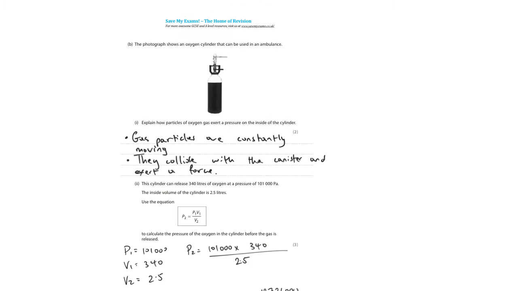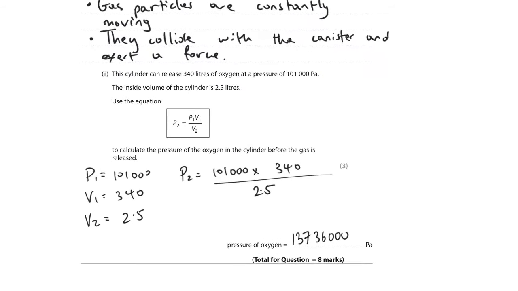The photograph shows an oxygen cylinder that can be used in an ambulance. Part 1, explain how particles of oxygen gas exert a pressure. So first thing is that the gas particles are constantly moving. They collide with the canister and exert a force. I'm then going to go through